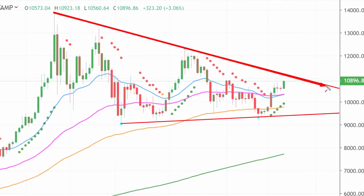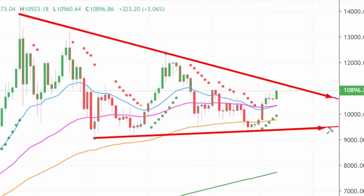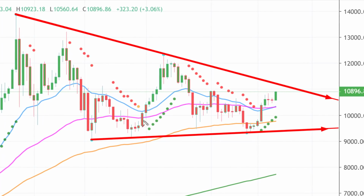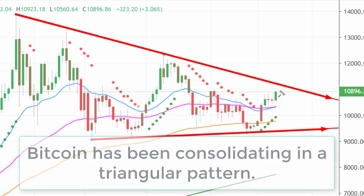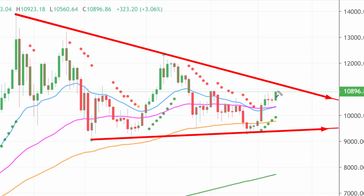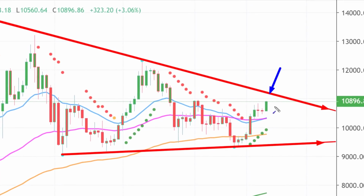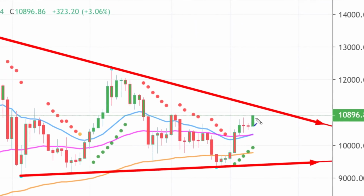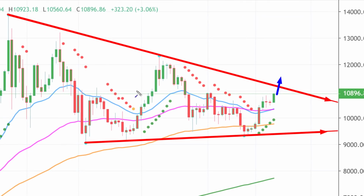As we can see here, that's the top of this triangular formation, that trend line, and here's the bottom of this triangular formation. Bitcoin has been coiling around this formation, and it's quite likely that very soon Bitcoin could attempt, as you can see, Bitcoin is now approaching the top of this triangular formation, and it's quite likely in the next few days, potentially over the weekend, Bitcoin may try to break out of this triangular formation. So I'm going to show you how we can prepare for this if it were to happen,